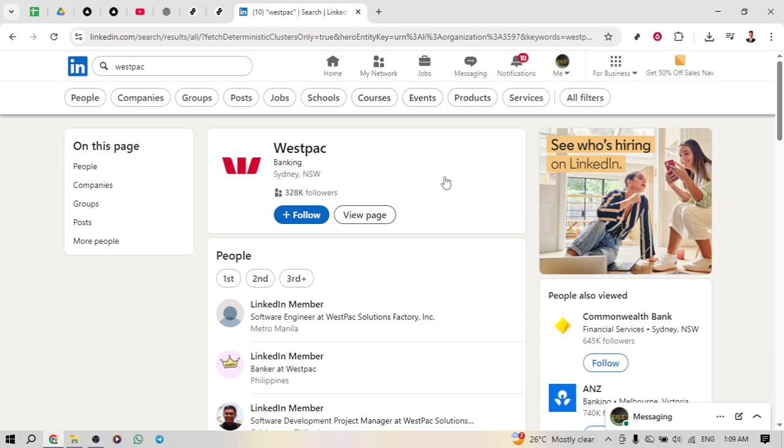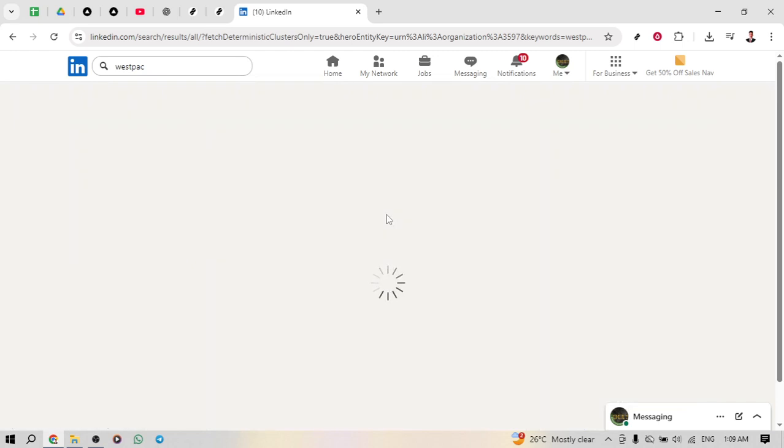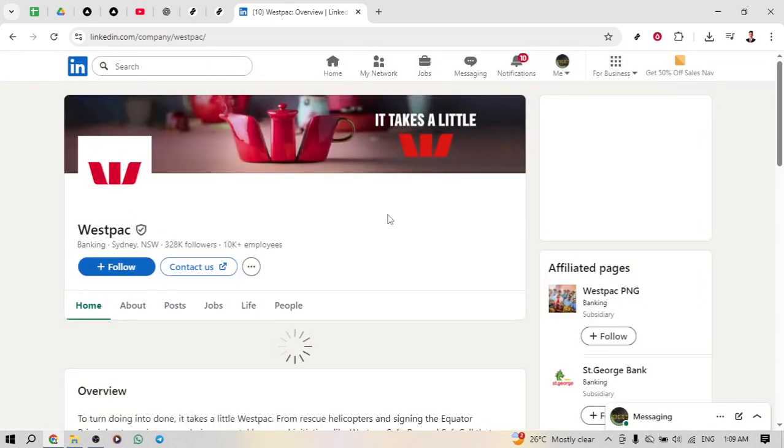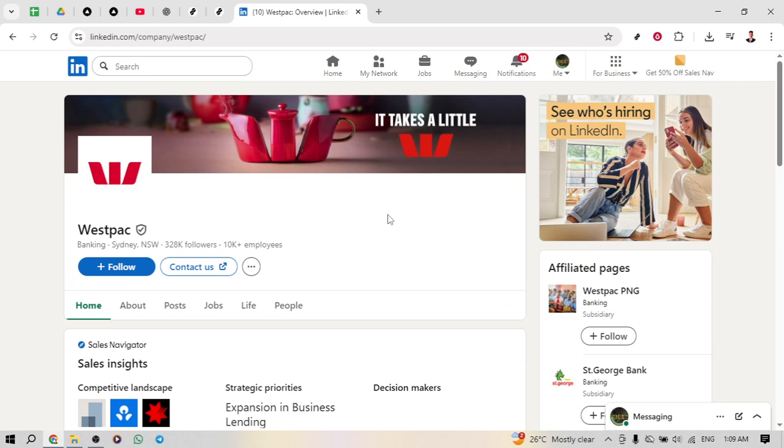Once you've typed Westpac into the search bar, you will see a drop-down list of suggestions. Click on the appropriate one, which should redirect you to that company's LinkedIn page. This company page is filled with valuable information about the organization, including company culture, recent news, and most importantly, its employees. The next thing you want to do is locate and click on the View Page button to get more